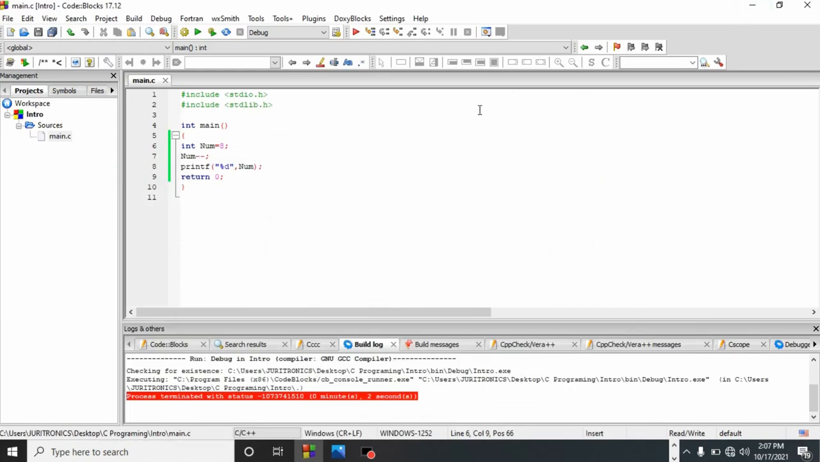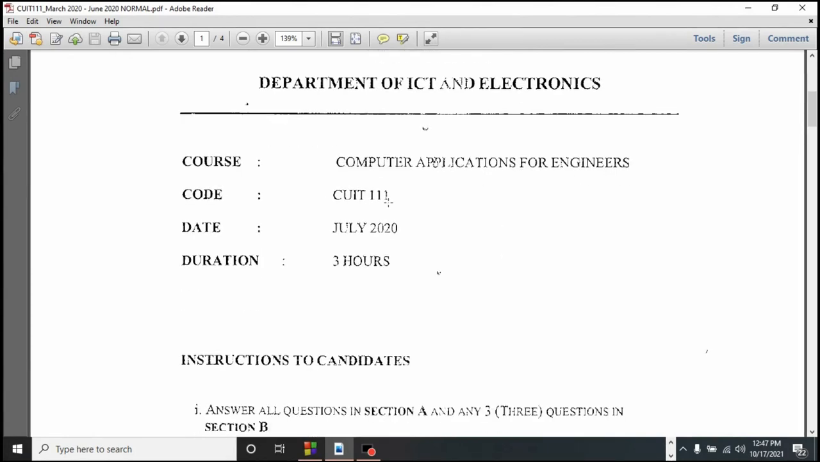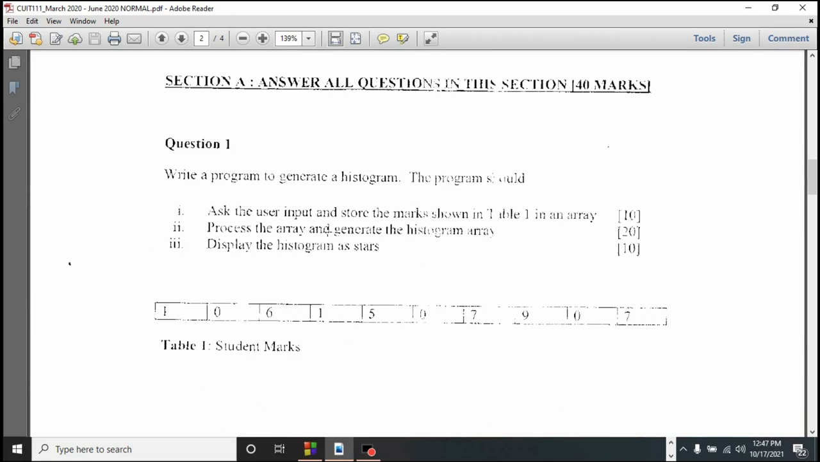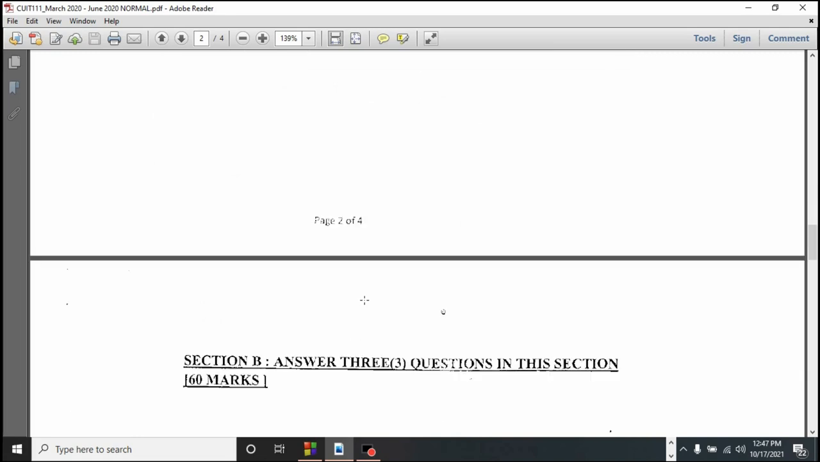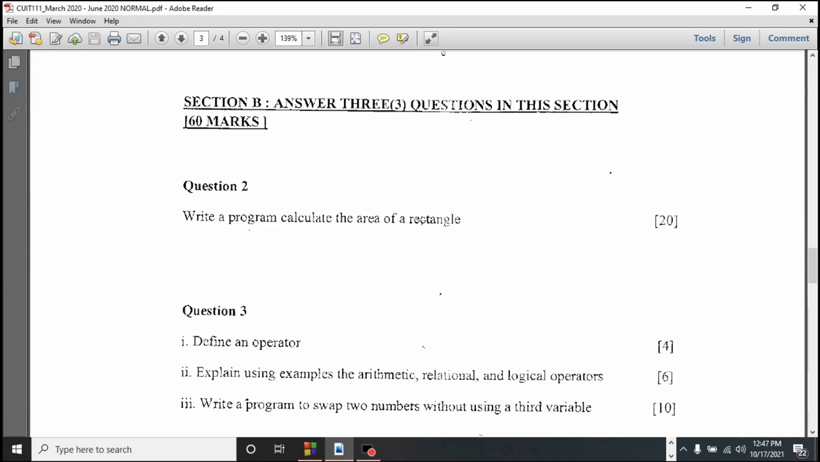So now let's just answer one question from CAT question paper 2020. Now let's take a look at the questions from this question paper. This was 2020 July, a computer application for engineers. So this first question has to do with arrays. We haven't done arrays yet, so let's leave it. And section B, answer 3 questions. Write a program to calculate a rectangle. Yeah, 20 marks. Okay, we can do this